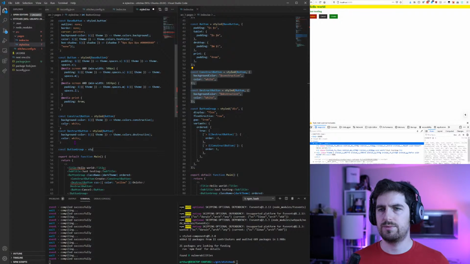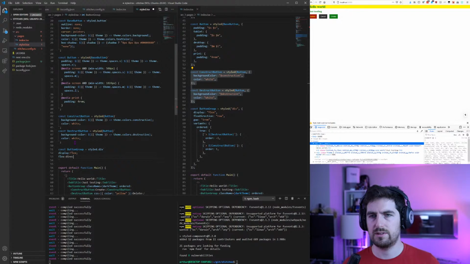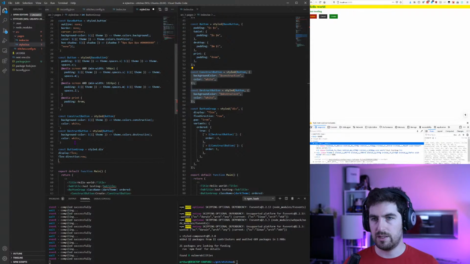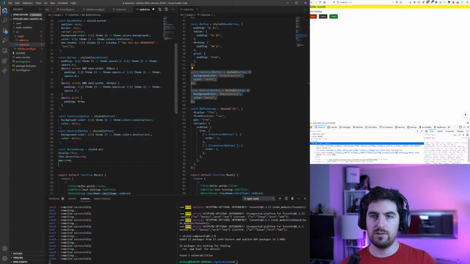Button group style div display flex, direction row, which I think is anyway the default, so you don't really need this. Gap 1 rem, and here you have the